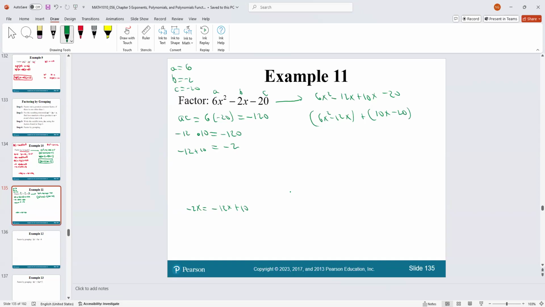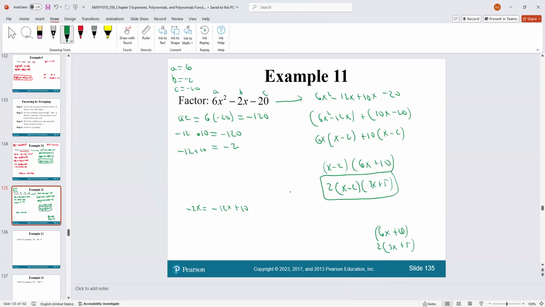The common factor from the first parenthesis is 6x. So we have x minus 2, 10 outside, x minus 2. So x minus 2 times 6x plus 10. Oh, I could even factor 2 at the beginning. But you know what? How about I factor it from this one? If I have 6x plus 10, you agree that 2 is the common factor. So I have 3x plus 5. So I can rewrite it, put the 2 outside, x minus 2 times 3x plus 5 would be the exact